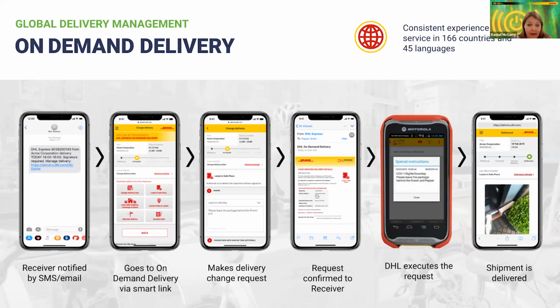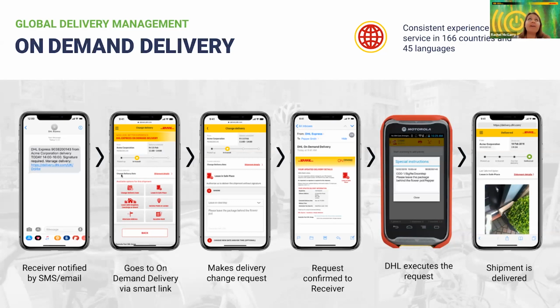So maybe they want to pick it up at a local store or a locker, which is actually very, very popular in Europe, or maybe they need to hold it while they're on vacation. They can manage that delivery without ever contacting you, the merchant, right? They don't have to try to establish that through you. They can do it directly with us and ensure that they get it the first time. So towards the end, you'll see that there's a picture verifying that we placed the package where it was supposed to be. So all of that is enabled really in the phone or an email of your customer